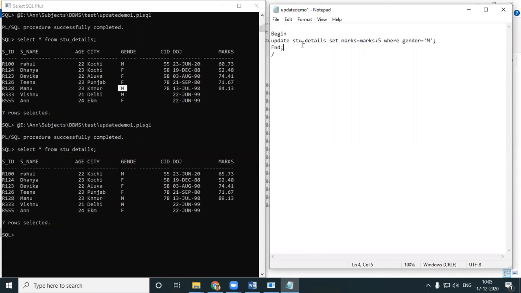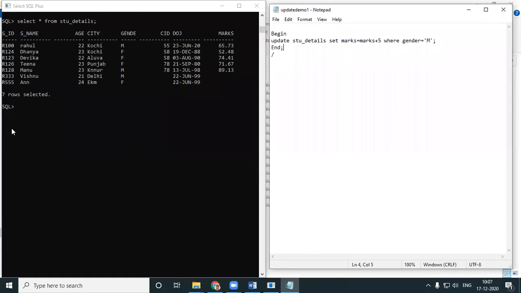Okay, continue the question. Do the above operation only if the average mark is less than 60. Do the above operation only if the average mark is less than 60.